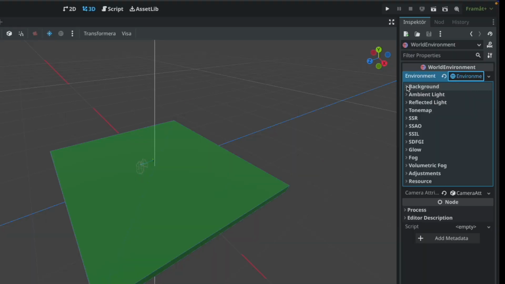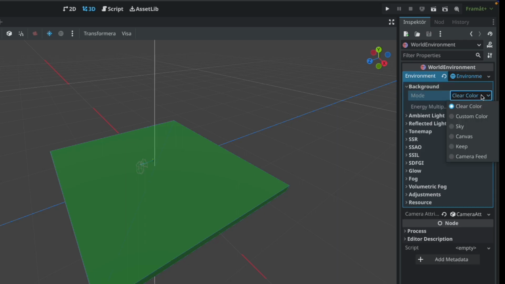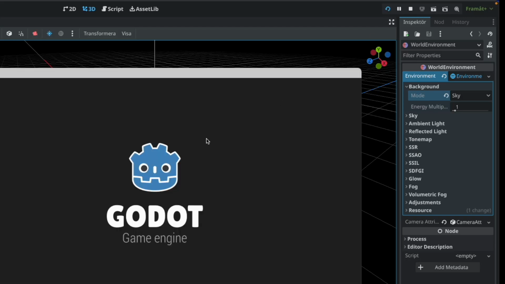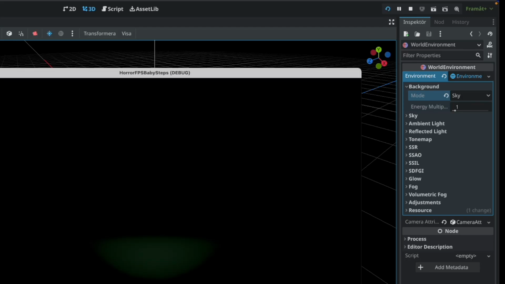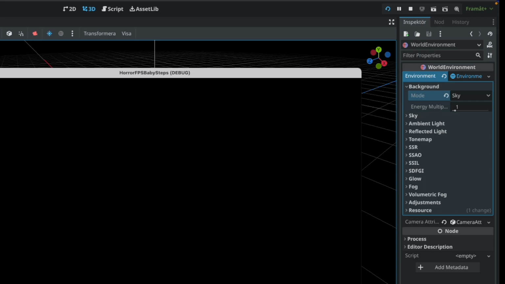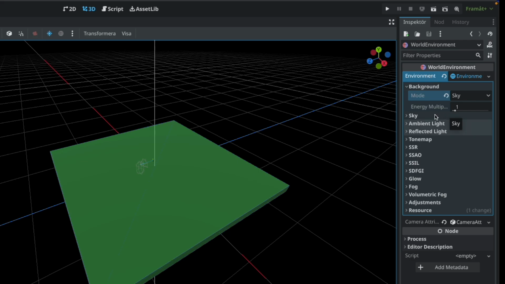So we can first click the background and change the mode to sky. And now if we check out our game, we have a completely dark world. If we light our flashlight, it lights up a little bit. And this could be great for a true dark horror game, but probably we want it to be not as